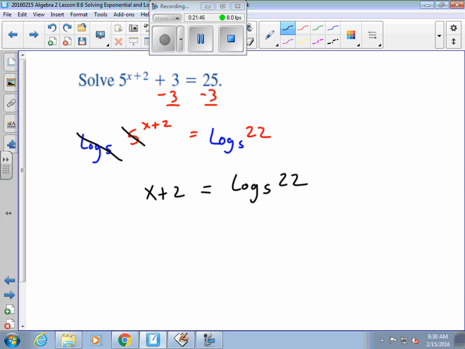And again, to get x by itself, you undo the fact that it says plus 2 by subtracting it. If you subtract it on the left, you subtract it on the right. Now, you can't subtract it from the number 22 because it's not 22. Just as if it had said 2x or 22x, you can't take it away from that. What you can do, however, is write it as negative 2 plus log base 5 of 22. So x is equal to that. And if you punch in that negative 2 plus log base 5 of 22,